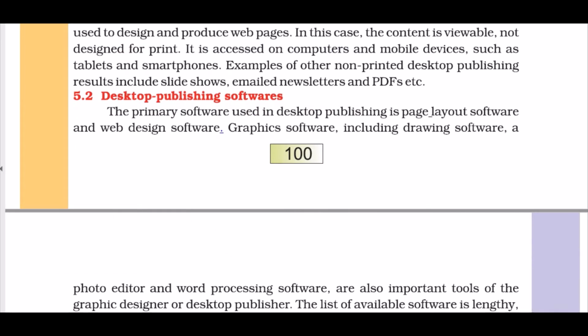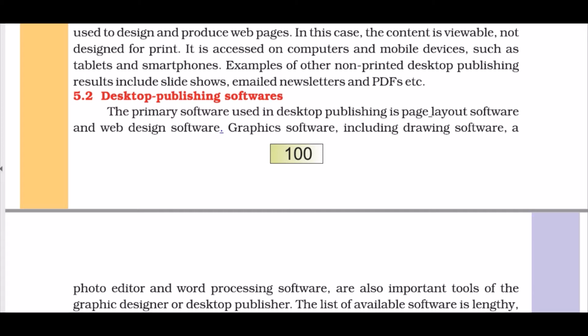Now we talk about desktop publishing software. The primary software used in desktop publishing is page layout software. What it means is a software in which we can define the page layout. You want to give specific margins, you want to design something, a text box or something.